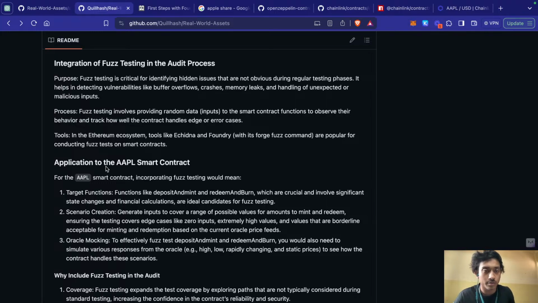Fuzz testing is very important nowadays, and it has now become the baseline for testing. The purpose of fuzz testing is critical for identifying hidden issues that are not obvious during regular testing phases. It helps in detecting vulnerabilities like buffer overflows, crashes, memory leaks, and handling of unexpected or malicious input. So fuzz testing is basically testing